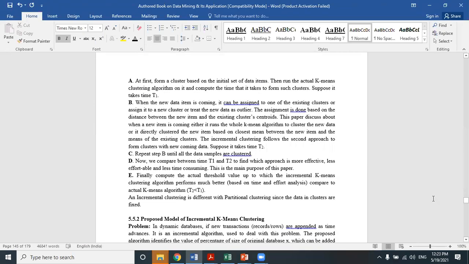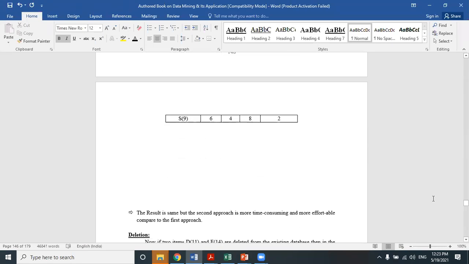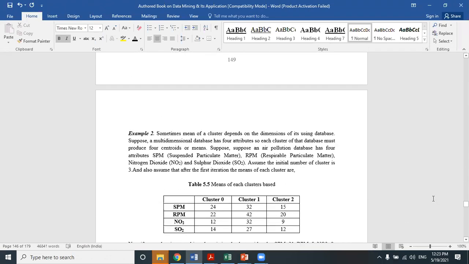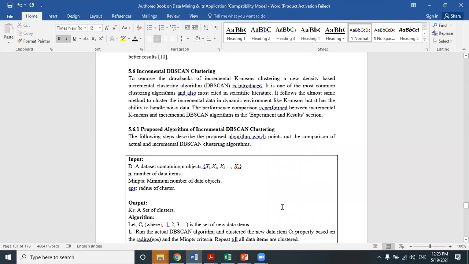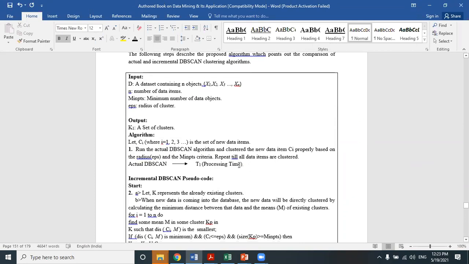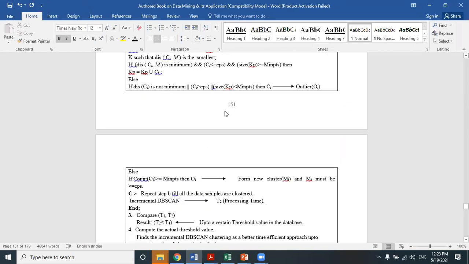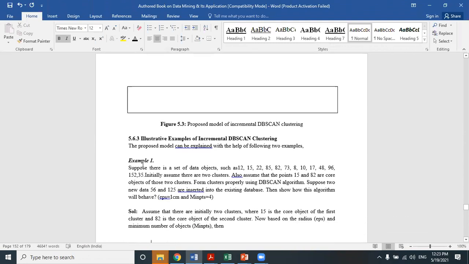Let's check this example where I actually implement DBScan along with an incremental one. Incremental DBScan is very much similar to incremental k-means. New points will be inserted and the distance from the new points will be calculated. So here, in case of incremental DBScan, let's check the example first. The rest of the things you can read out.